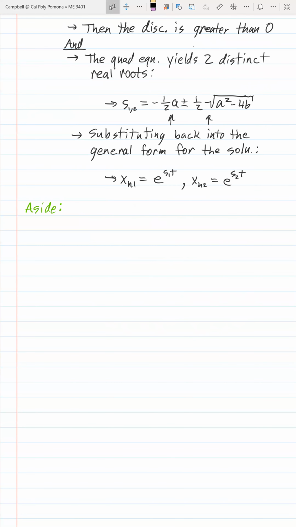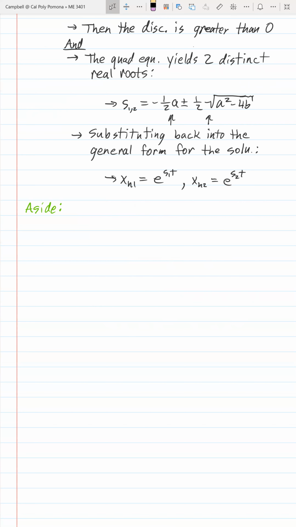This just kind of helps you understand things. This discussion is to help you understand things. We could just jump to the final result, which is what I did in my notes. But I think it's valuable to discuss this because understanding that XH1 is a solution,